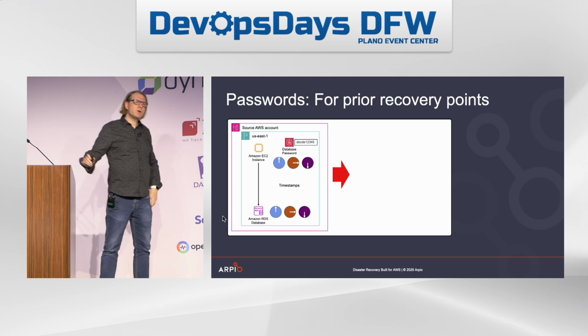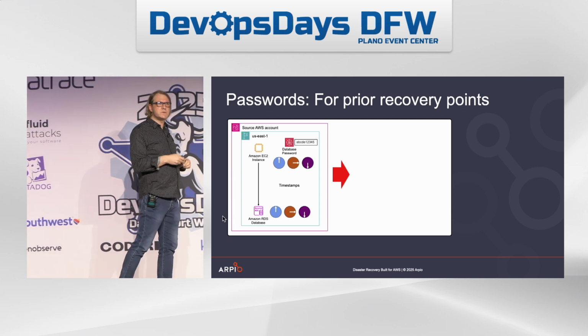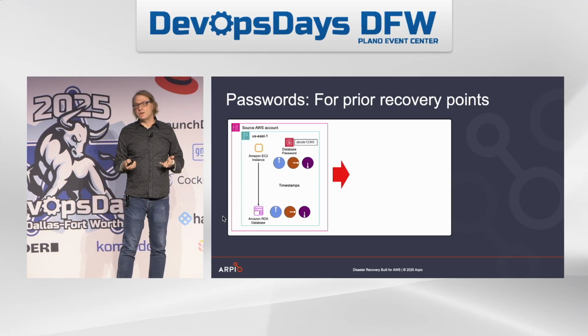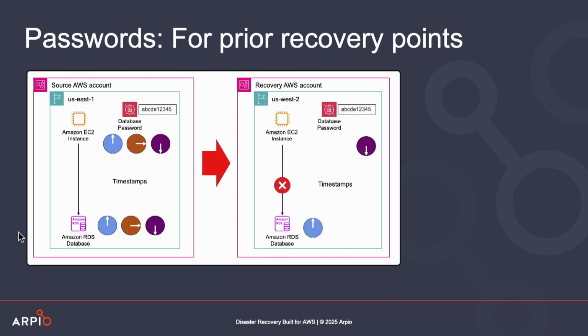And as long as we're talking about databases, let's talk about passwords. You should be rotating your password. This shows a password in AWS Secrets Manager, and the password changes over time, and that's what these little clocks represent. Now, let's say you're recovering a database from the past, not the most recent version, but a prior version. What might happen is you recover the database from the blue clock, but the secret you're storing is the latest one, and it's not the right password, so it's not going to work.